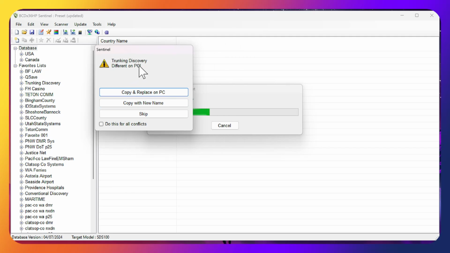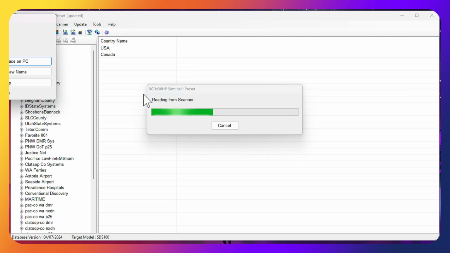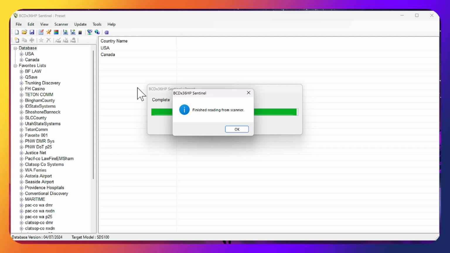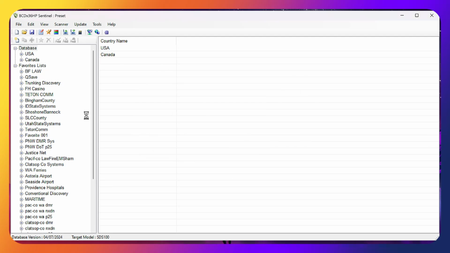So see, different on PC. So let's do copy and replace on PC. Actually, we'll check this. Do this for all conflicts. Okay. So now we have everything from the scanner, and now what we want to do is just do the